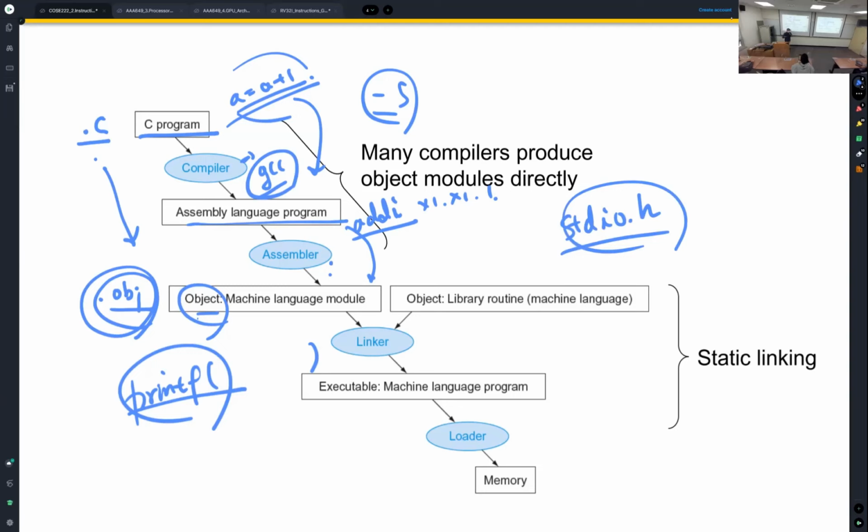What is a library? A library has compiled functions. This printf function is defined in the standard IO library. If we do not include the standard IO.h, then we cannot use this printf